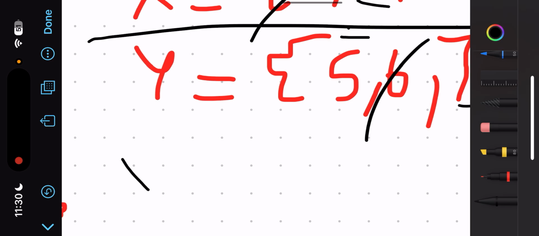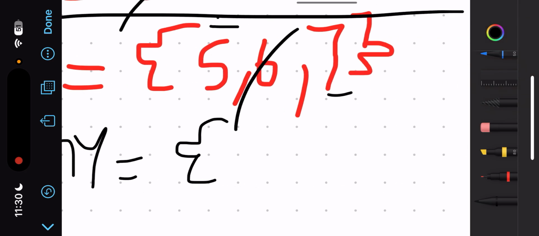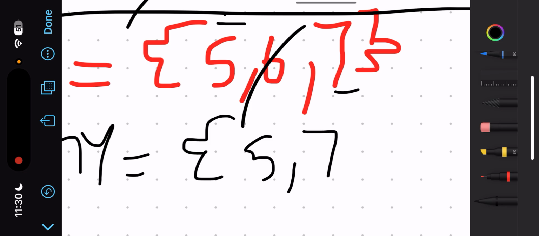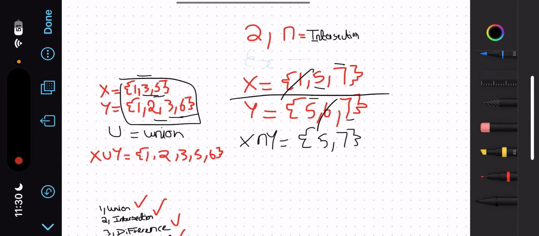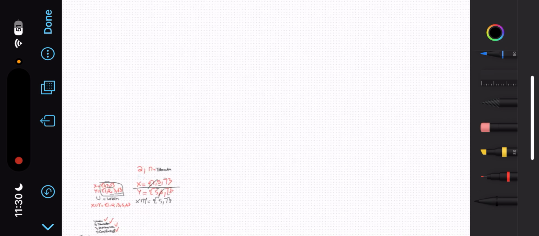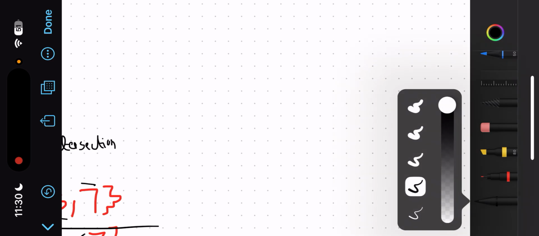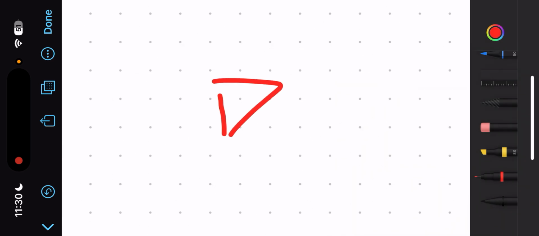So we will write it like this: x intersection y is equal to the set 5 and 7. This is intersection. We write the elements that are common in both of the sets. Now we will move towards difference.